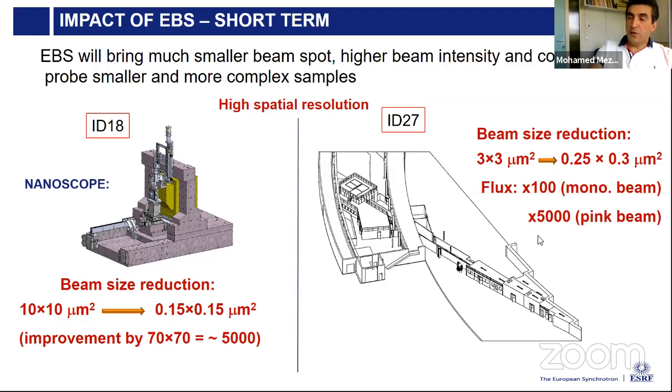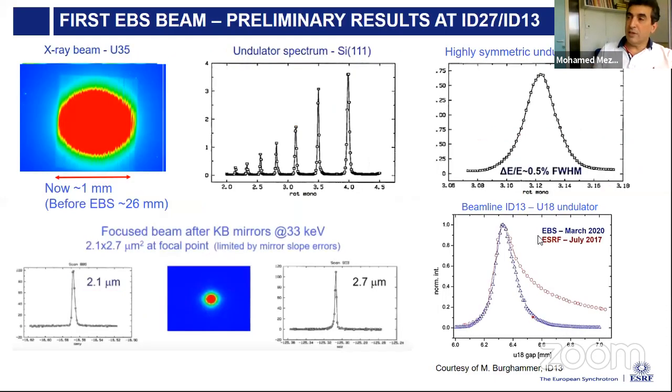Actually, this was, I would say, the dream performance that we defined before EBS, but now we can talk about the reality, because a few months ago, we were able to collect the first preliminary result on the actual machine. And here in this image, collected at about 30 meters from the source using the so-called U35 undulator, you can see a very nice beam profile